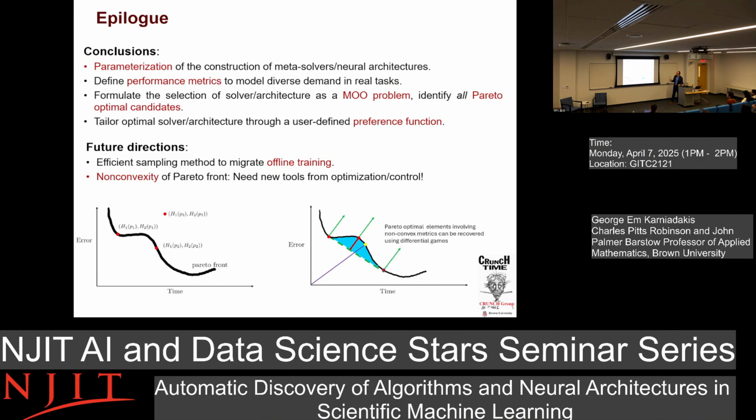Now, the cost of establishing the Pareto front is expensive. People who work on design, they know that. You have to do a lot of work. And here, the higher the dimensional space, we had 7-dimensional space, the higher the cost. So the idea is to develop smart sampling techniques, depending on the sensitivity of these parameters, to sort of adaptively go and sample the multidimensional space. So that will ease the cost of offline training.